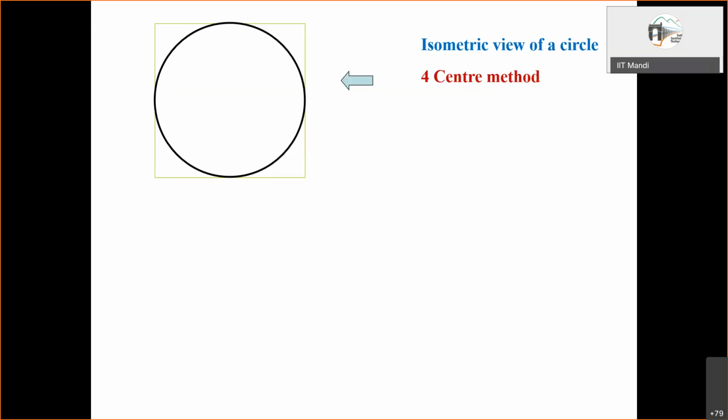What is done is that this circle is first of all encompassed into a square. You can see a small thin line drawn around the circle, and now it is enclosed within a square. After doing this, it will become a little easier for us.